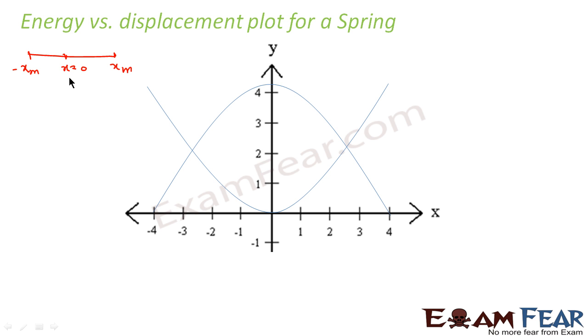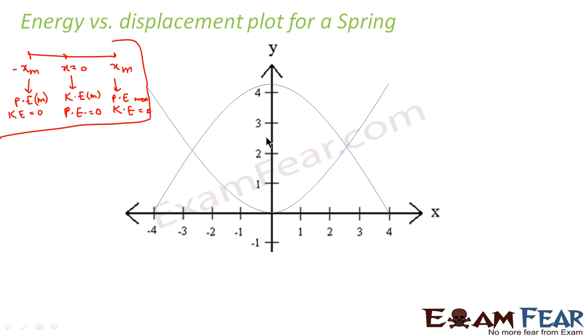So what did we find? We saw that the potential energy is maximum here, and the kinetic energy is maximum here. Now taking into consideration this fact, we will plot the graph. Here potential energy is maximum and kinetic energy at this point is 0. Similarly here kinetic energy is maximum and here potential energy is equal to 0. Again here potential energy is maximum and kinetic energy is 0. Right? So taking into consideration this fact, just observe this graph.